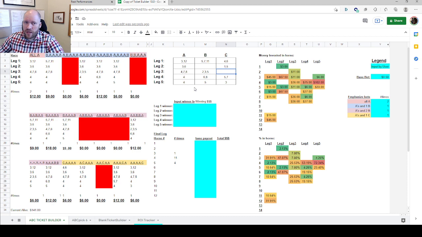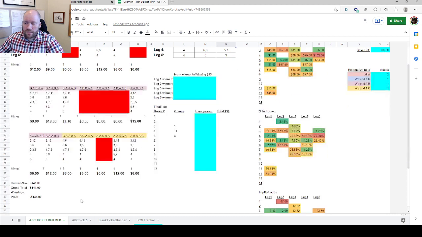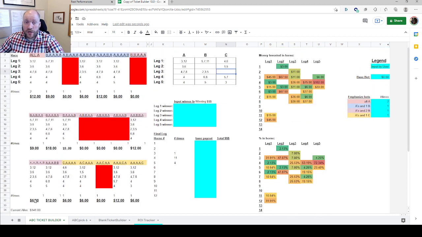Sit down and think about it. Are you better off with this $141 wager structure, or, if you were to say only have a $100 budget, lowering and just playing an ice cold $100 daily double instead of trying to cut this down and make your ABC structure a little bit smaller so you can get that pick 5 score? I bet you that 4-4 daily double probably pays more than this pick 5 does. Maybe that's really the play.